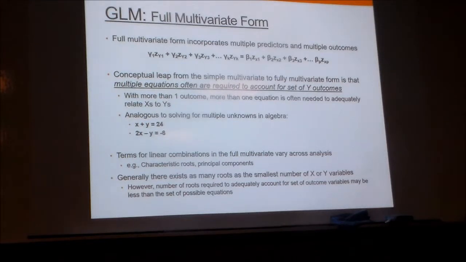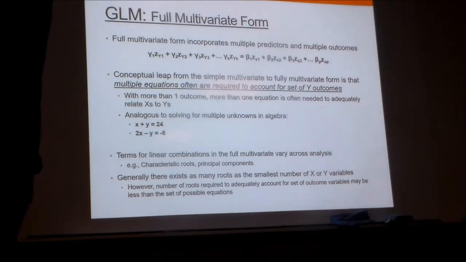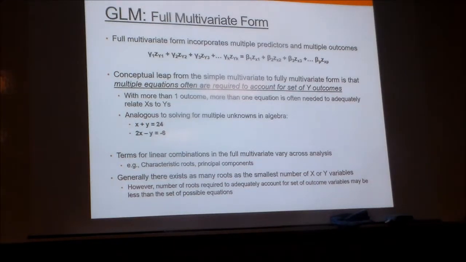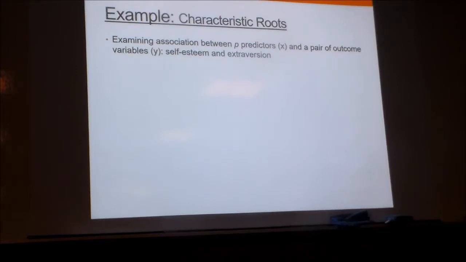So what we're looking to determine is the smallest number of outcomes, the smallest number of x and y, but the number of roots that we need to adequately account for our system of variables is oftentimes much less than the maximum amount that we have. Okay? So to try and give you a visualization of what this looks like, let's say that we're